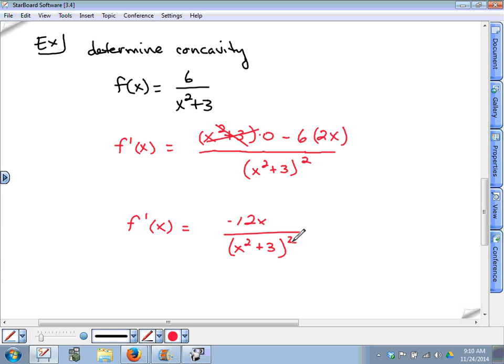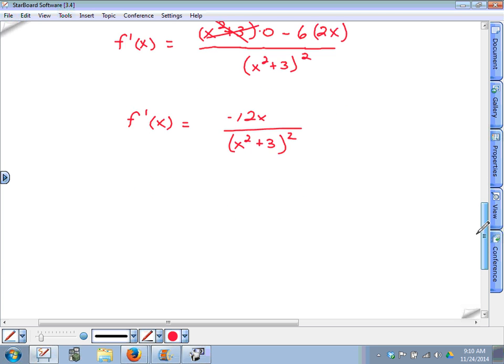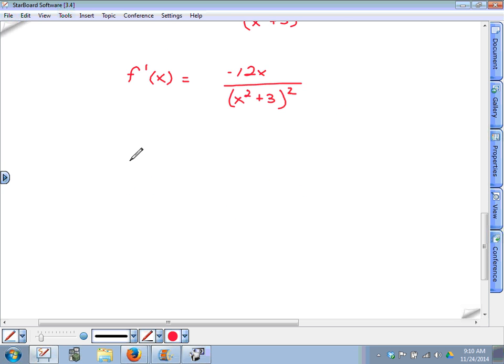Okay, got that. To determine the concavity of a polynomial, we need the second derivative. So that's the derivative of the first derivative, f double prime. Low times d high, which is what? Which is